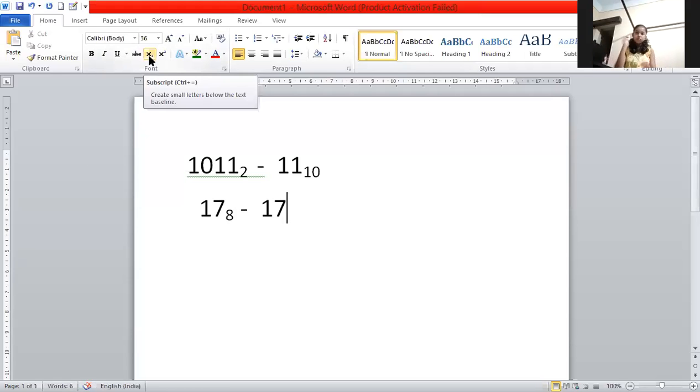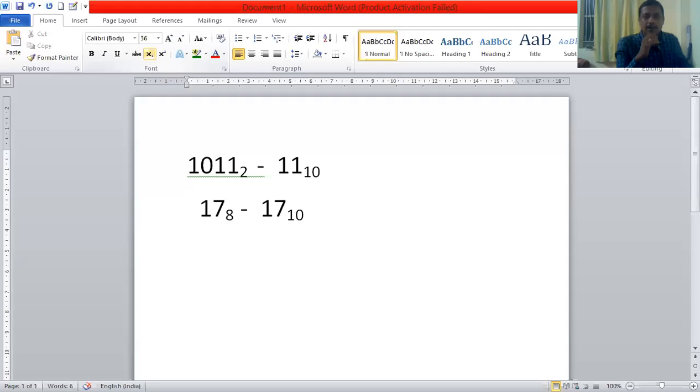So 17 base 10, and this is exactly the difference. You can see one is an octal number, another is a binary number, another is a decimal number. So 1 is present in the binary also, in the decimal also, but they have different values. If you count the 1 in binary, it will be 3, and if you count the 1 in decimal, it is 11. So that is how the numbers